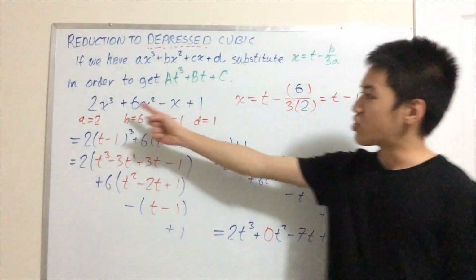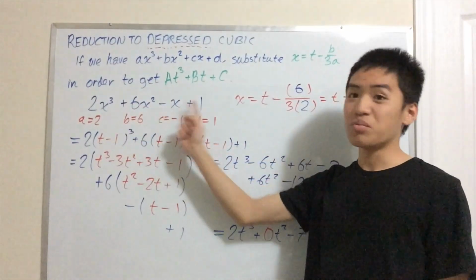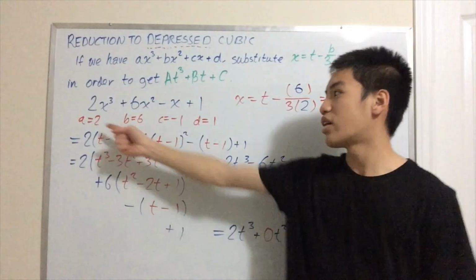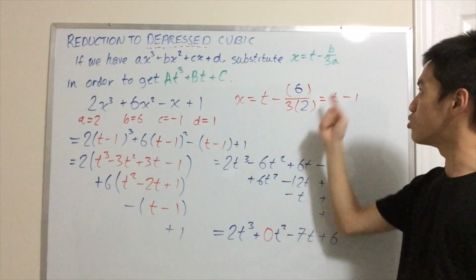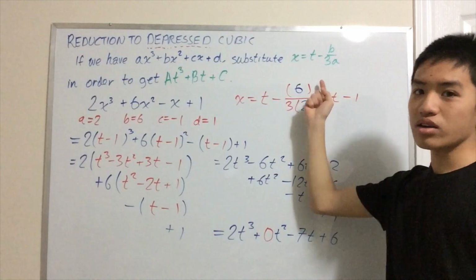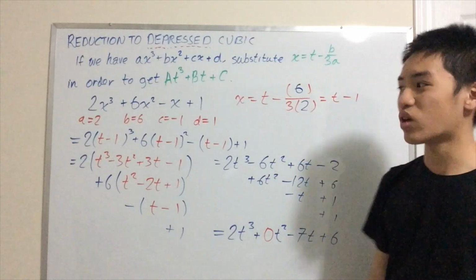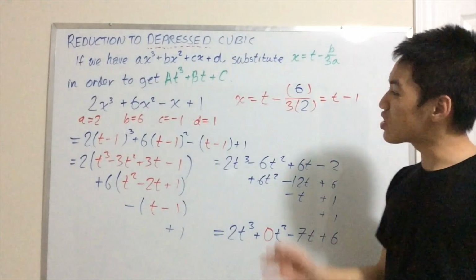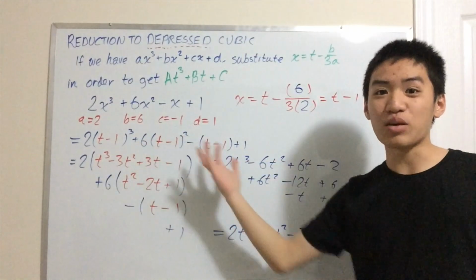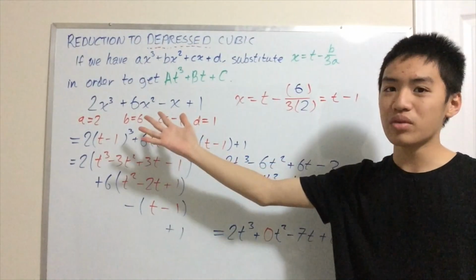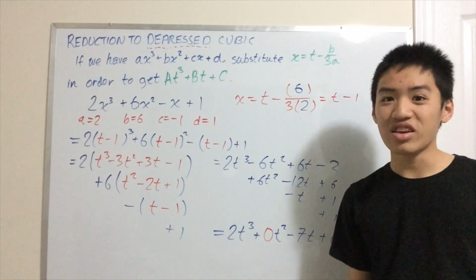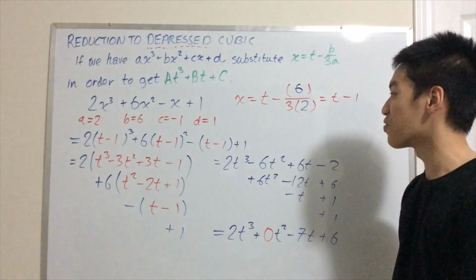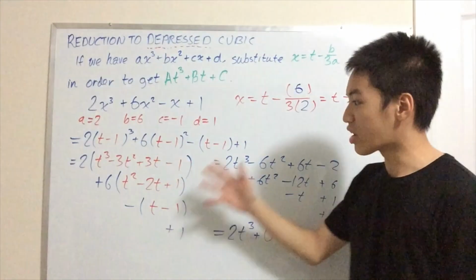So, we start with 2x cubed plus 6x squared minus x plus 1. We know a is 2, b is 6, and we need to make the substitution: x is equal to t minus b over 3a, and in this case it's just t minus 1. Most of the time you're not actually going to get very nice numbers like this. I picked this problem because I knew the substitution would be nice. In reality, it might not be like this, unfortunately. We plug it in, we expand it,